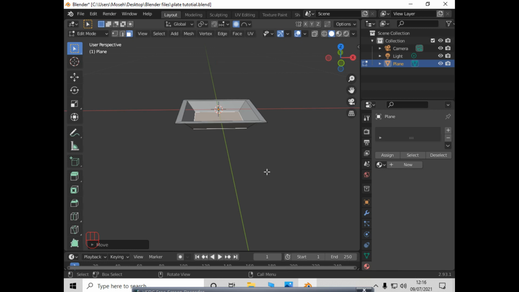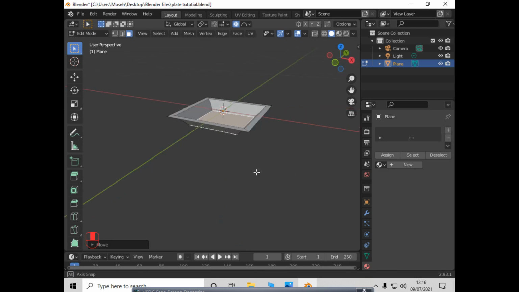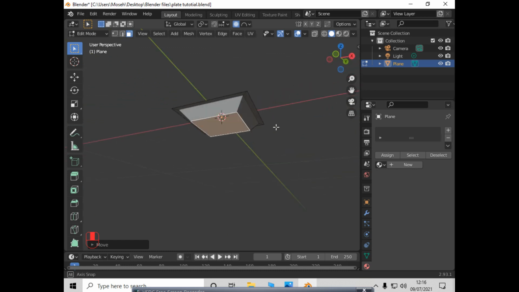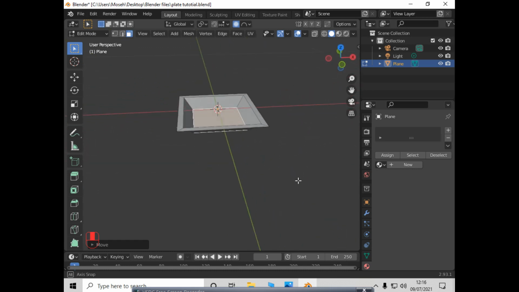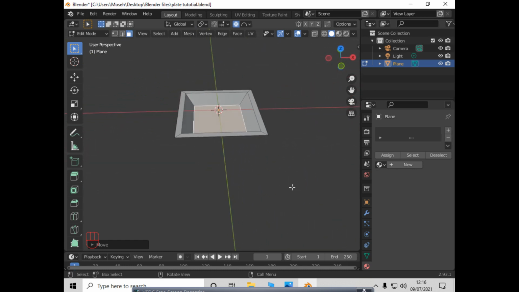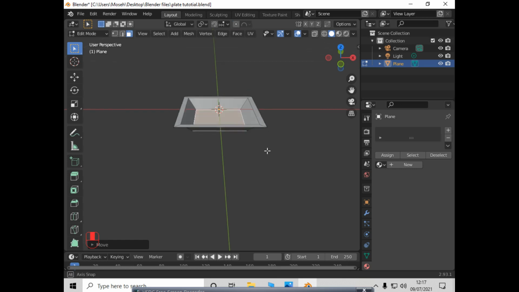Now we have something that looks like a plate, so don't worry about that part. It is a tricky part, so be patient with it. It will disturb you, but always remember to turn on the proportional editing, and after finishing, like the way I've finished mine, turn it off, because you might forget to turn it off and it will mess up your editing as you move forward. So now we have something that looks like a plate, but now we want to add